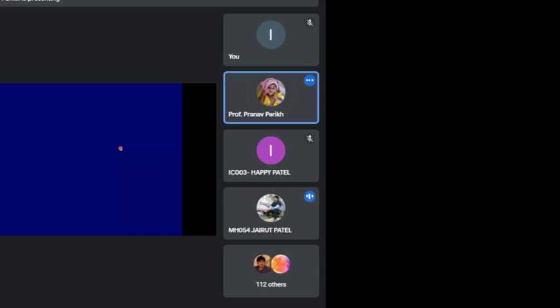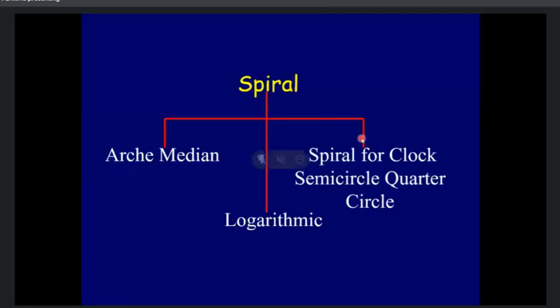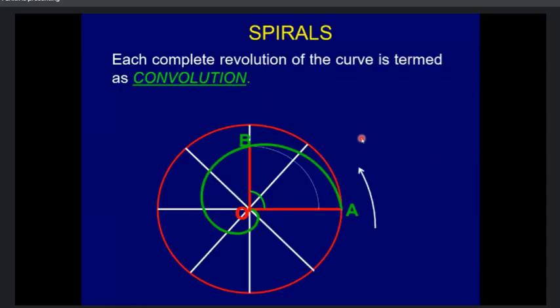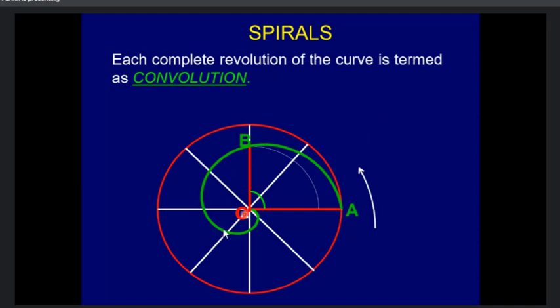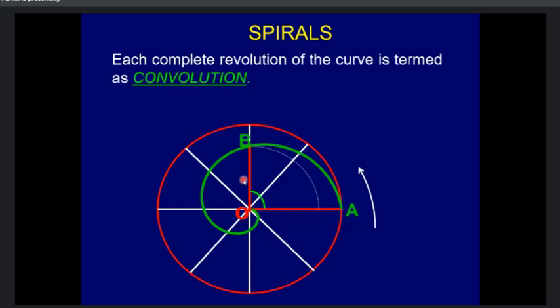Sir, is the value of x given, or do we have to assume it? The value of x will not be given. I will tell you how to get it once the examples are clear. Just understand one more thing: angular velocity is directly proportional to linear velocity, or I can say angular displacement is directly proportional to linear displacement. It means that if x comes in at 45 degrees, then at 90 degrees it has to be 2x; it cannot be 3x, otherwise we cannot call it a uniform spiral. If x has come in at 45 degrees, then at 90 degrees it has to be 2x. Is it okay? Yes, okay, sir.